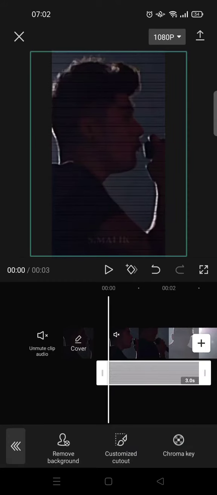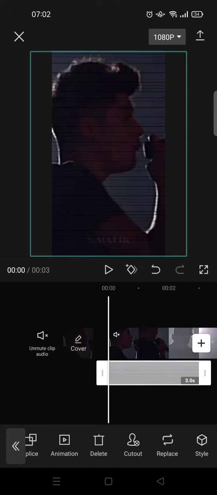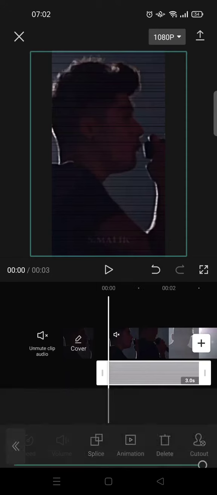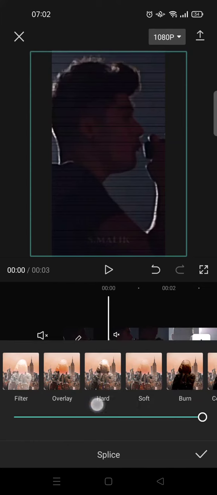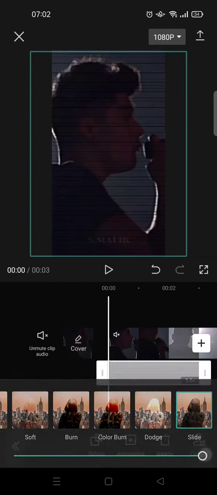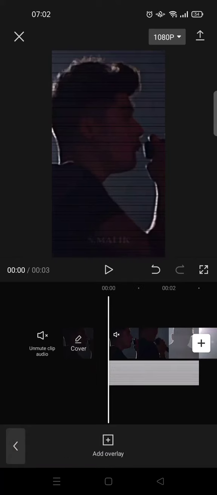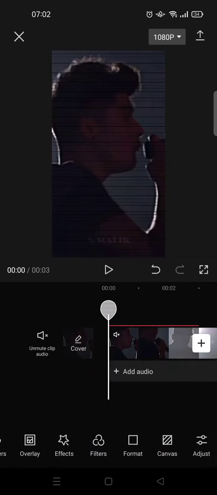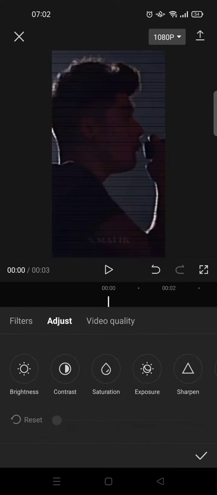Click on the check icon, and after that go to splice, and here choose the slide. Click on the check icon and then go back and go to adjust and set the brightness of your video